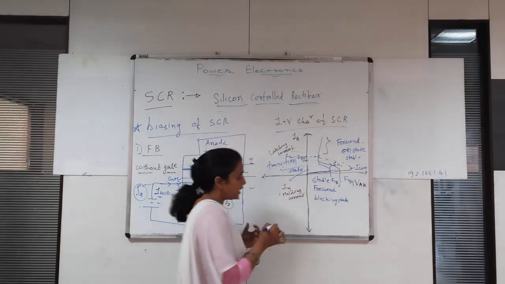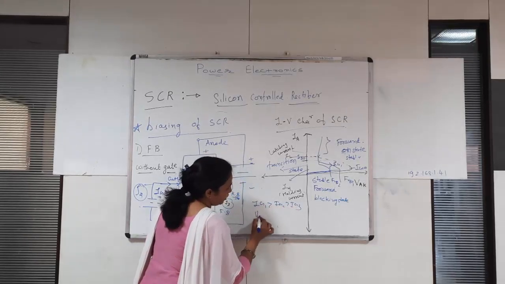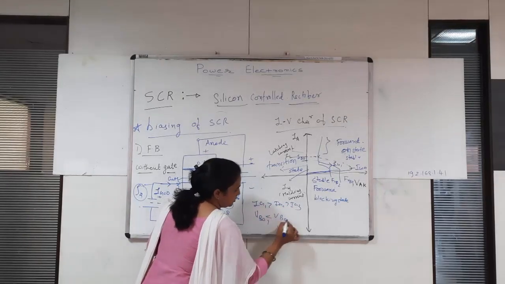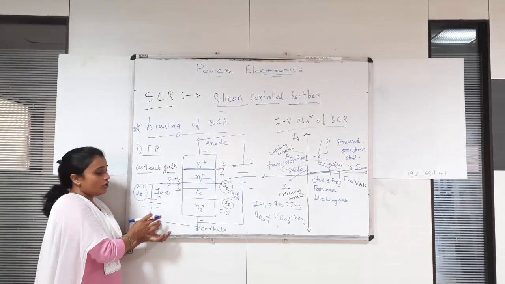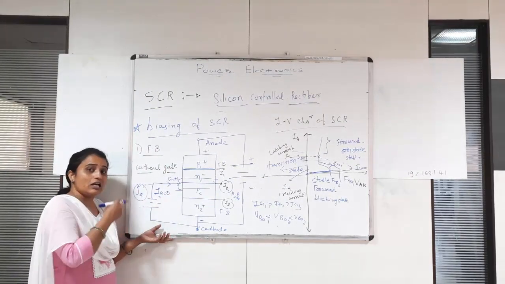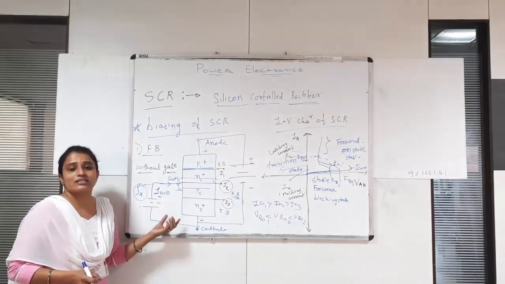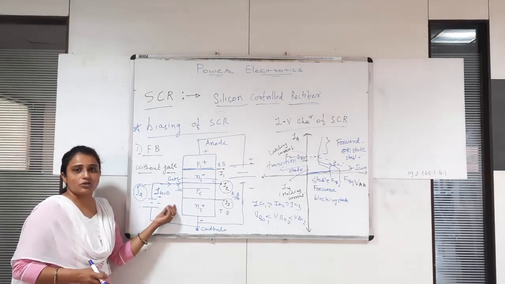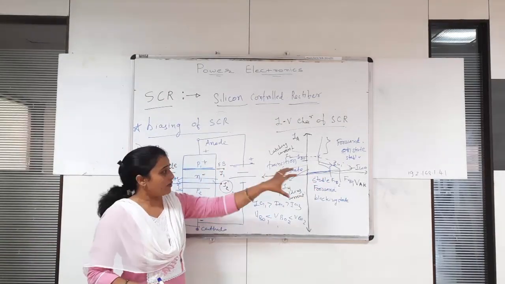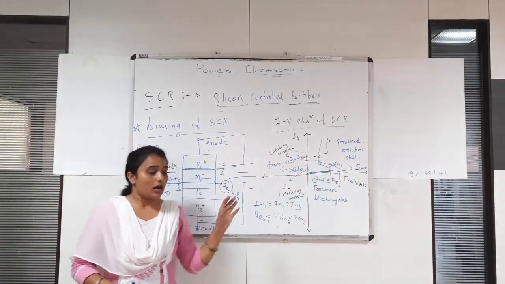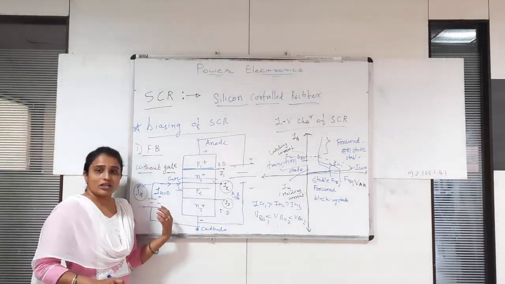Okay, so we can say that if I increase the gate current from Ig1 to Ig3, then the breakover voltage is also reduced continuously. That means the gate current is the most important current in the SCR, which helps the SCR turn on earlier. So this gate can control the SCR. That's why it's known as the controlled rectifier. That means the gate controls the whole SCR. Okay, now the magical thing in SCR is that whenever the SCR is turned on and suppose I remove this gate current, then the SCR continues to remain turned on without the gate terminal.